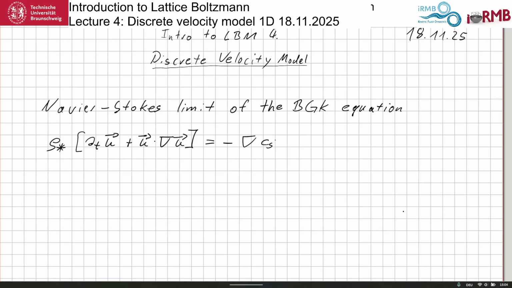So we've seen this kind of flux, the gradient of something that we can identify with the pressure, which is a density times the speed of sound squared, plus something that we can identify with the diffusion of momentum. So last time, because I actually said we try to get to the Navier-Stokes equation relatively quickly,